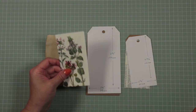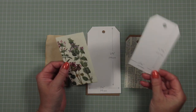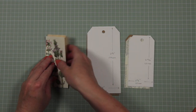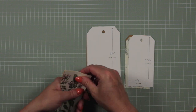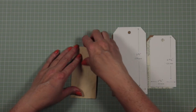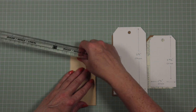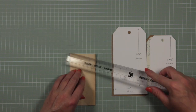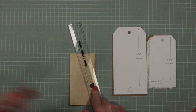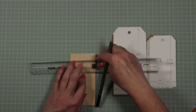Now all you have to do for your tags, you can make yourself a template. These are pre-cut using a die machine, so I'm not going to cheat and just do that and work out where the corners are, even though that would be really easy to do. I'm just going to do it by eye. I'm going to use my ruler, pop these to one side. So I know that a tag corner is about half an inch down from the top. So even though I don't like measuring, I am going to measure this because it's going to be my template for the rest of my tags. So there's half an inch. So I'll do a little light line